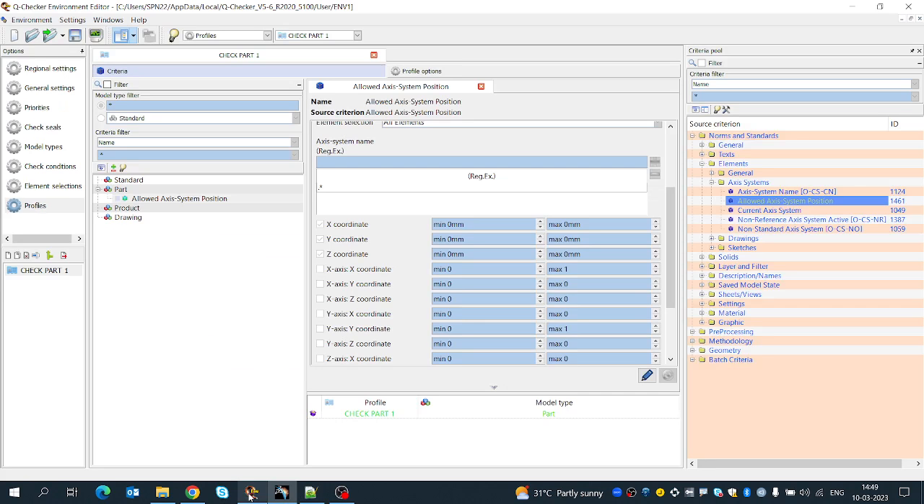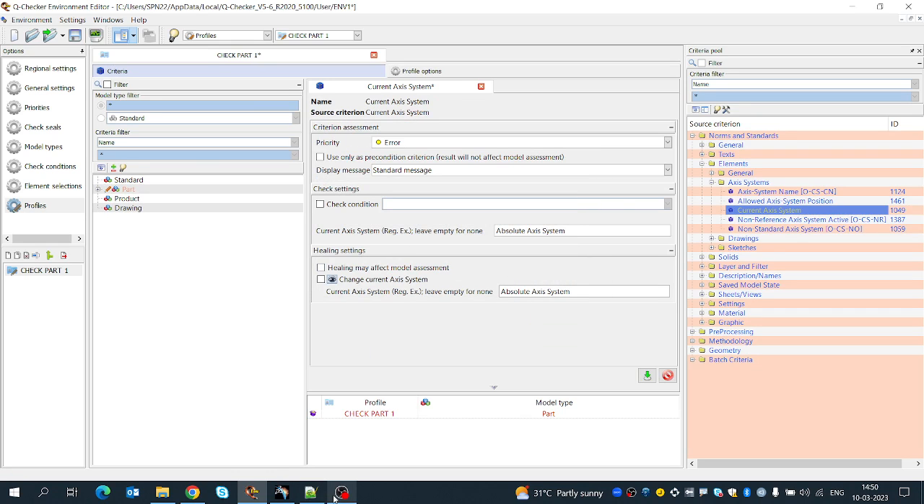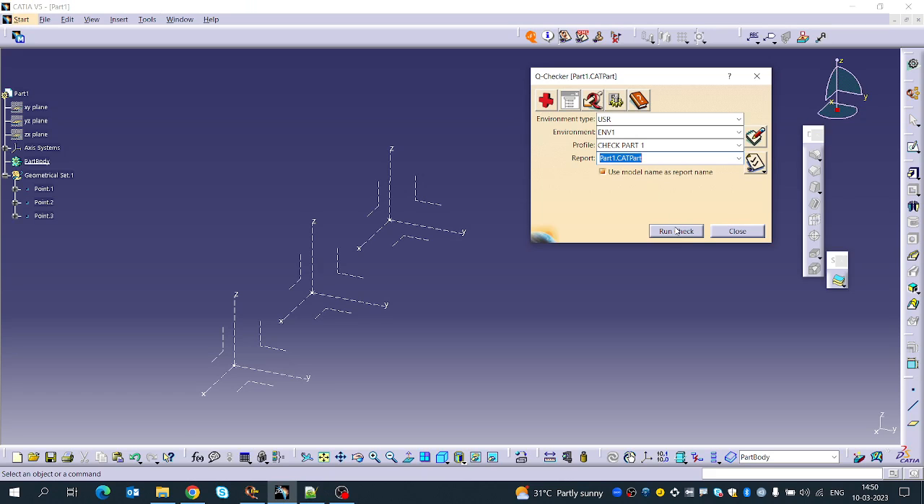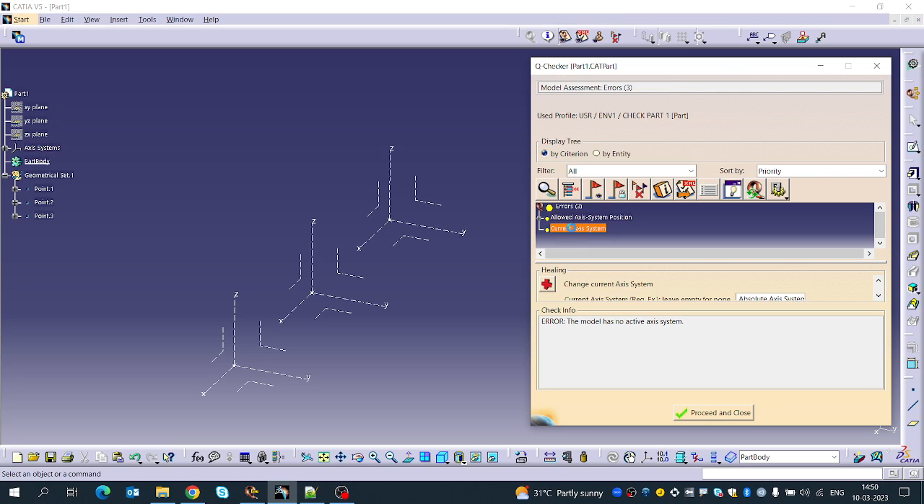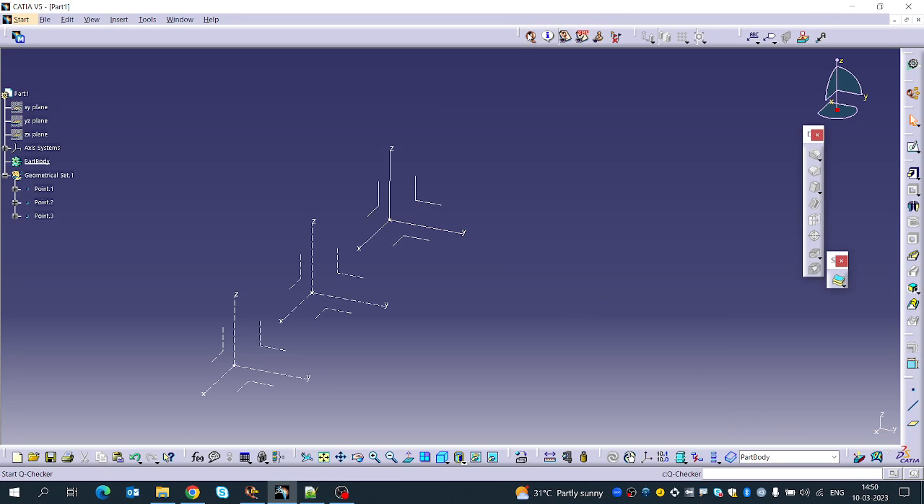Now come to the second type of check, that is current axis system. So I will go to this. Now the current axis system, just save it. If you run this one, there is no current axis system. The allowed axis system position check is showing 2 errors, but for current axis system, there is no current axis system. If I make it the current axis system and run this one,